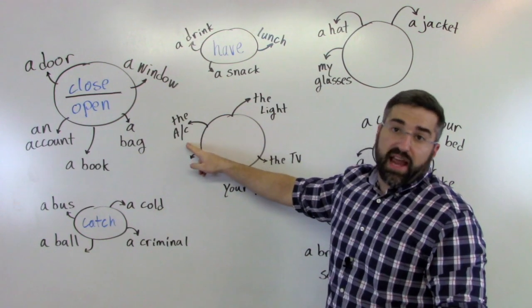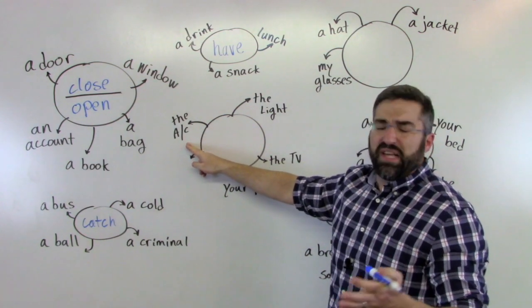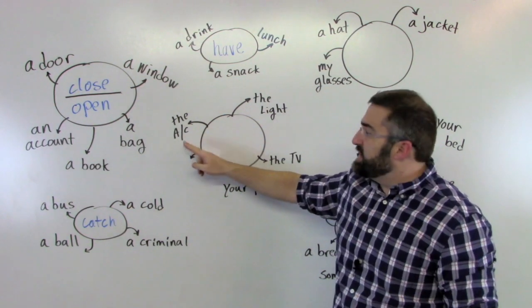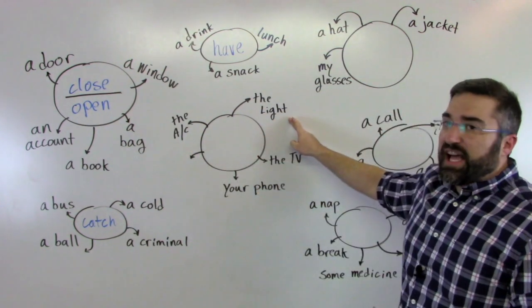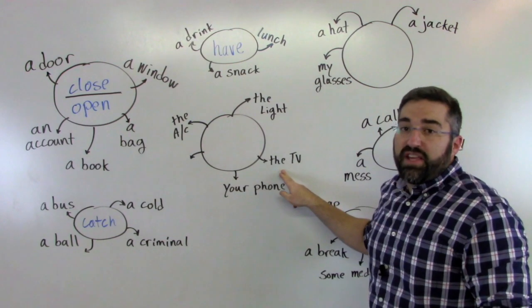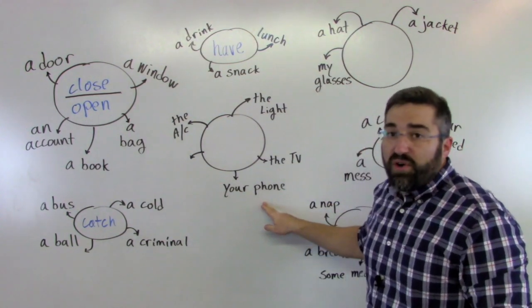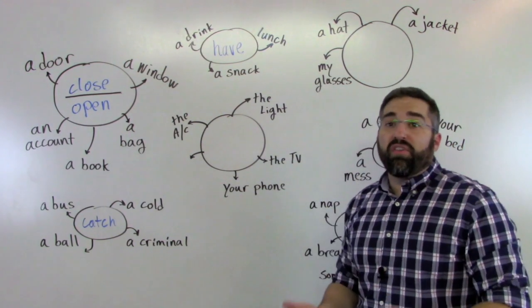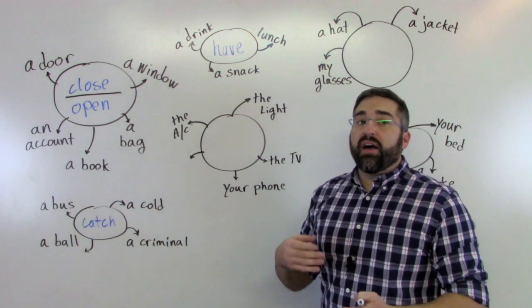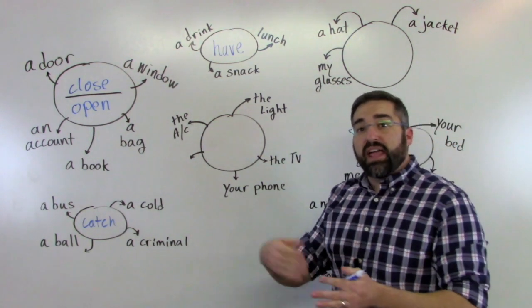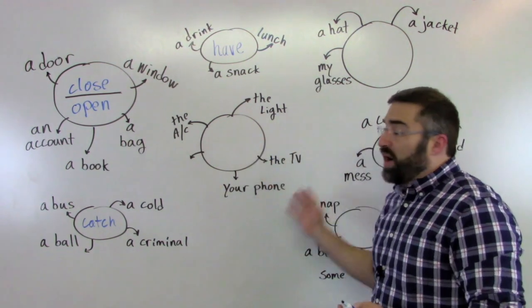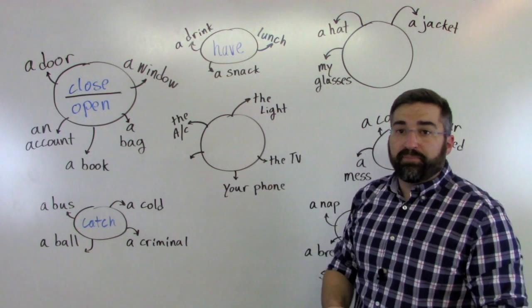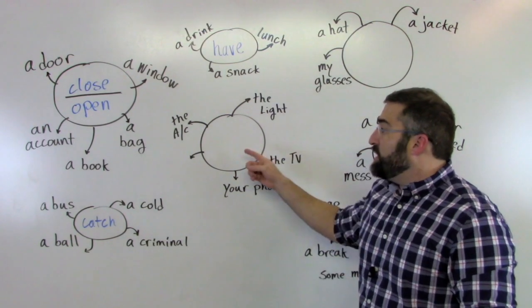Now the next thing we're going to look at here is the AC, the air conditioner. Some places they call it climatic or something like this, but it makes the air cold, right? Air conditioner, the light, the TV, and your phone. What can we do to all these things? Okay, there's a British version and there's an American English version, of course. So what could we possibly say with these? All right, we could probably say